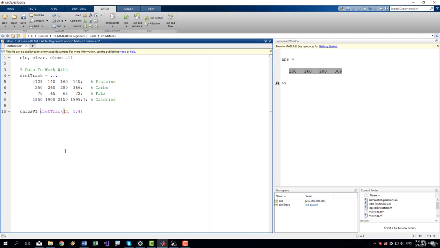So carbs V1, because there are 2 other ways to do this. The second way to do the same thing is by saying diet track of 2 and 1 to end. We know about the end function. It will produce all results from the start until the end. Actually, there are 4 ways, so I will show you the 4th way as well. Another way, carbs V3, diet track of 2 and 1 to